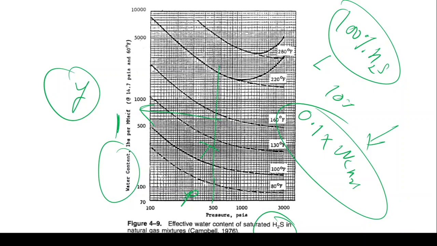So you have to simply find out these two values, and the third value is calculated with the help of the McKetta and Wehe correlation. So that can also be shown here.